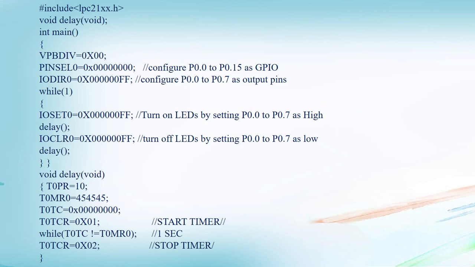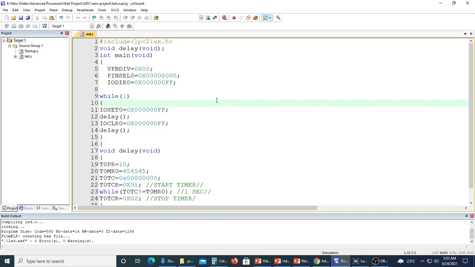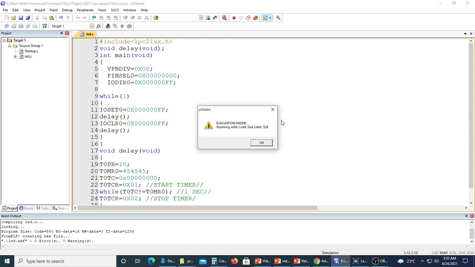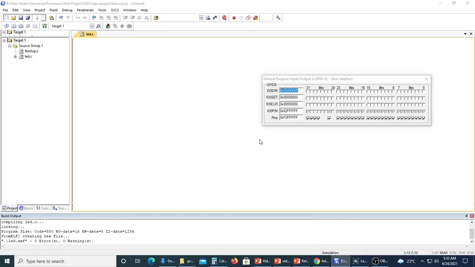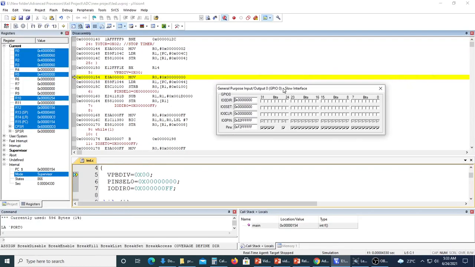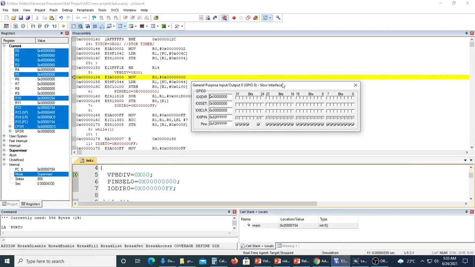So let us simulate in the Keil software. As you can see in the Keil software, we have written a program. First of all, let us see if there is any error in the program or not. Okay, zero errors, zero warnings we are getting. Let's debug it. Here we are using general purpose IO.